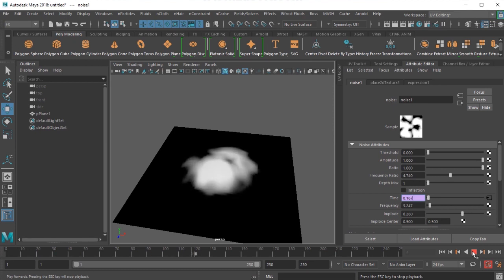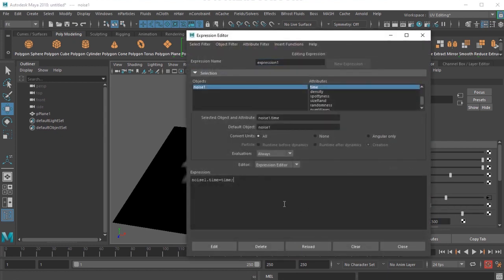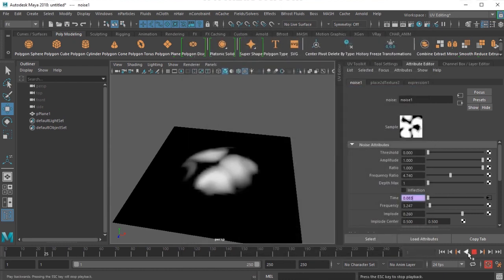I'm just trying to make the particles be emitted and then stopped from different places. It gives a very natural effect to the fire. If you feel that the texture is too slow, you can always multiply this time by how much speed you want, and then the particles move a little bit faster now.